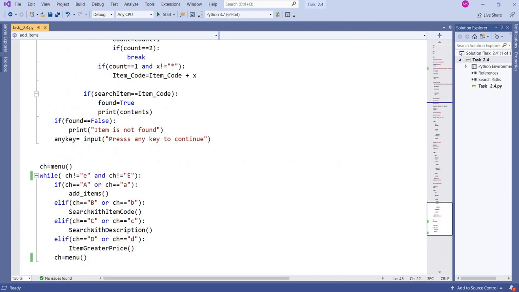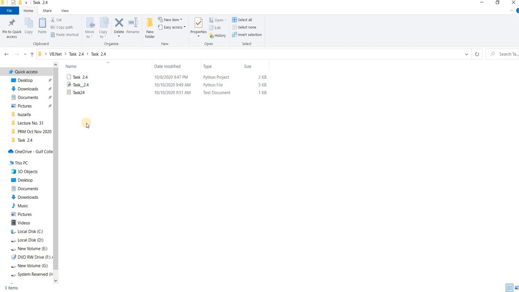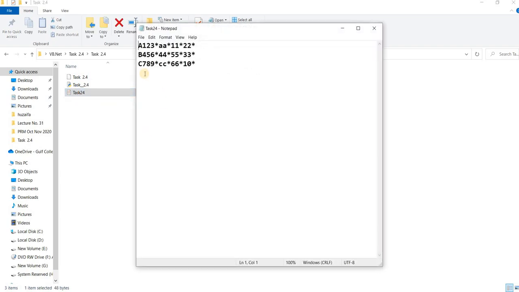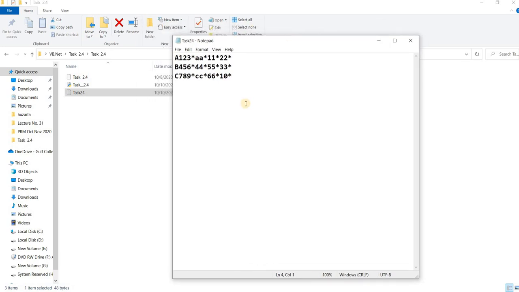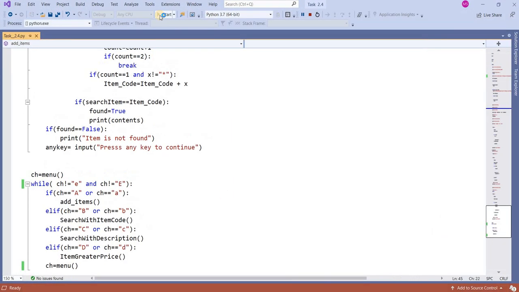If you open the file where I have saved this, this is the file. When I open it, before this I had saved two items. Now this is the third item, C789 CC6610. Okay, I want to save another item, with the name of D. I will run it again.